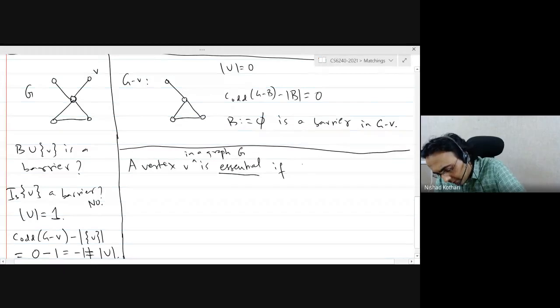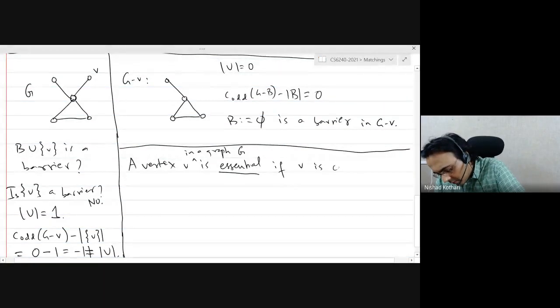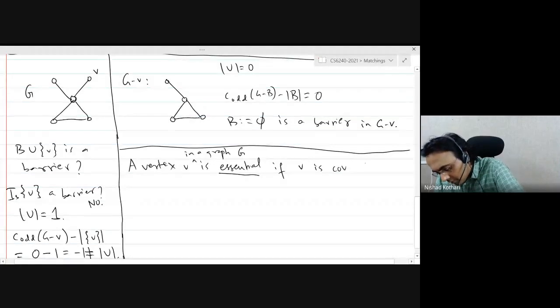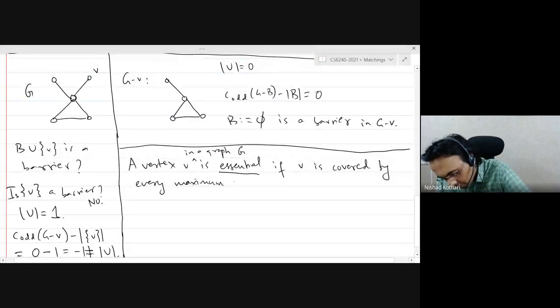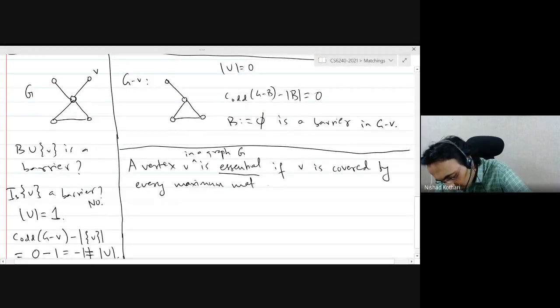If V is covered or saturated, as you like, otherwise it is inessential.